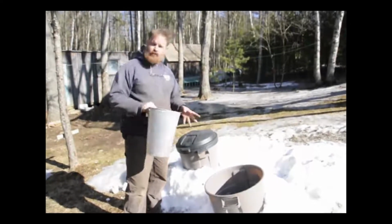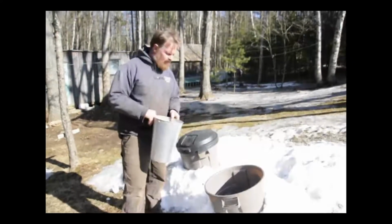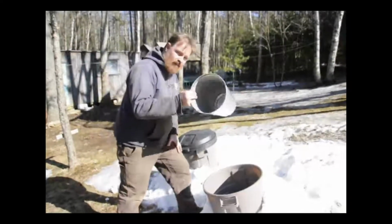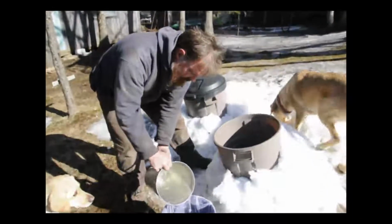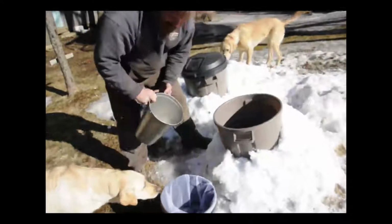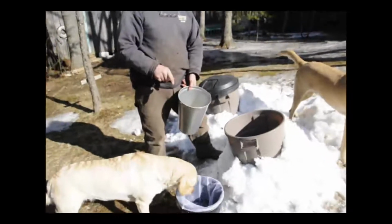Now, you're going to have all sorts of woolly boogers in there, so it's good to filter it a little bit at this stage, just to get the big coarse stuff out. And so once it's all stored here in the snowbank, I'm going to just use this bucket. I'm going to dip some out. And I went down to the hardware store this morning, and I found a 5-gallon bucket paint filter. And that will actually filter all the coarse stuff out if there's any...